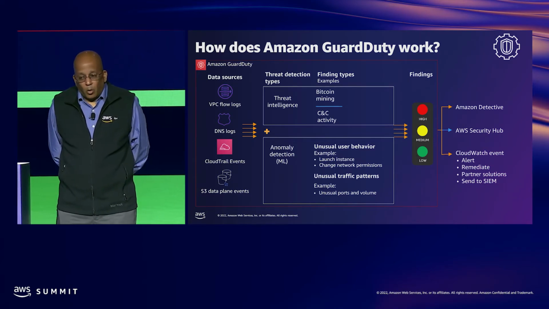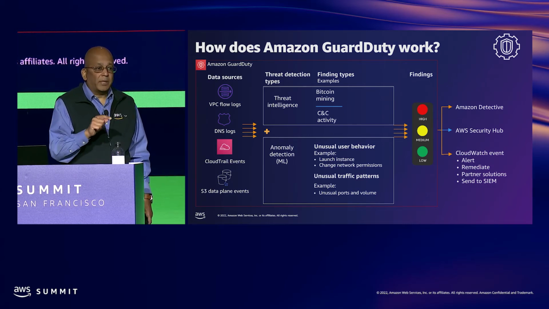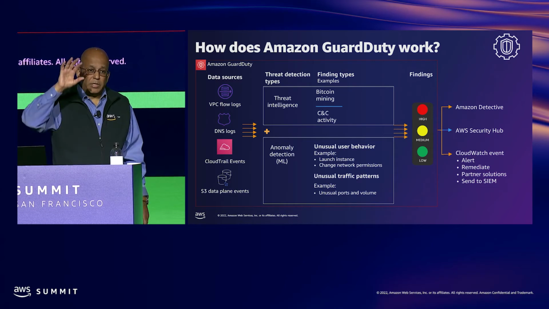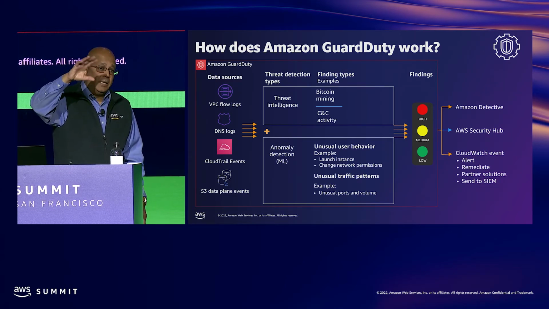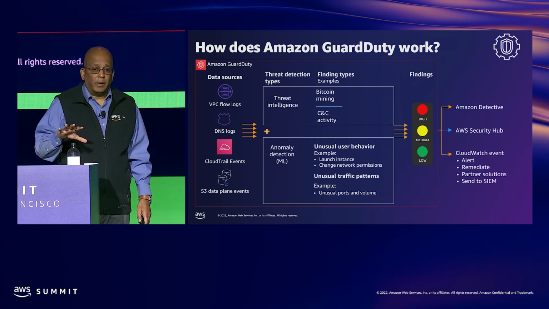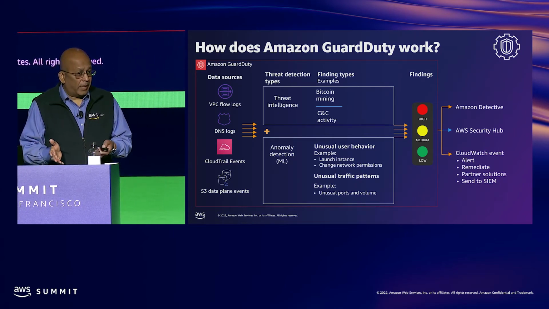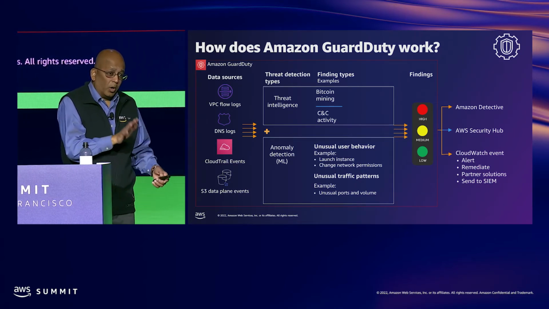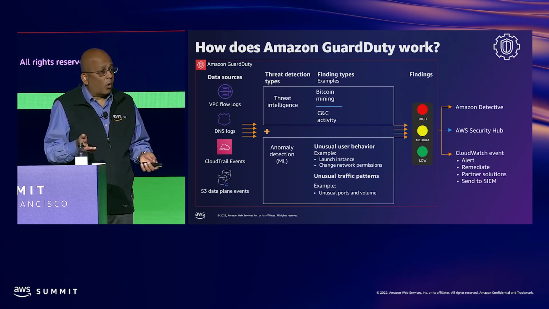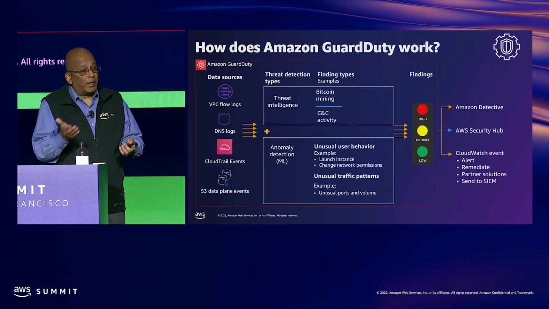And when you set this up, you don't need to individually go and set up, let's say, the CloudTrail logs or set up other VPC flow logs in your accounts. You just need to enable GuardDuty, right? And that internally will be accessing all these data sources from the backplane, which also helps you from an operational perspective, because there is absolutely no impact to your workload from a performance perspective. You don't have to install agents or other additional software or additional configuration, if you may, to get the benefits